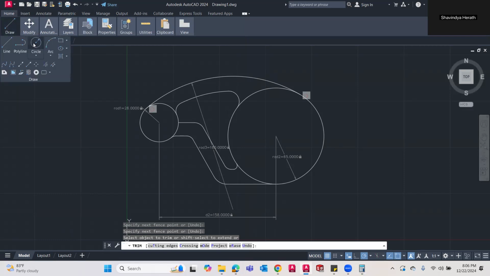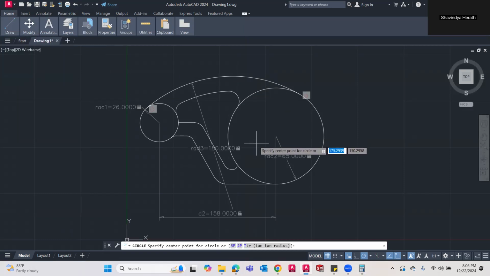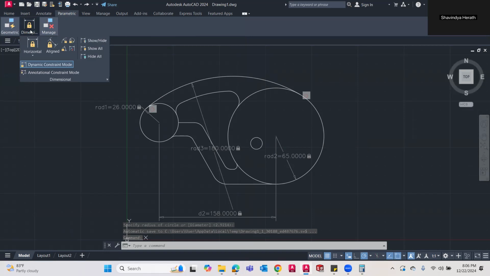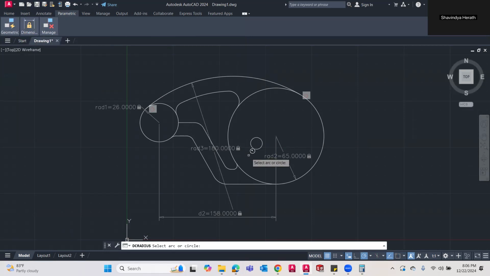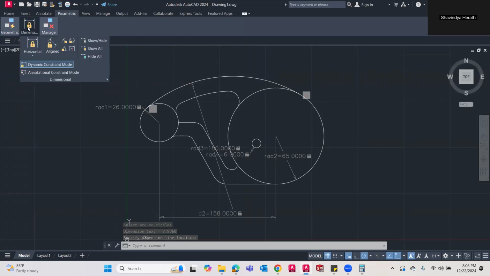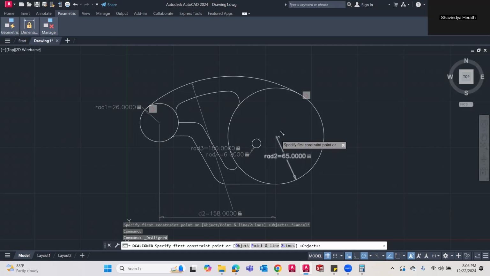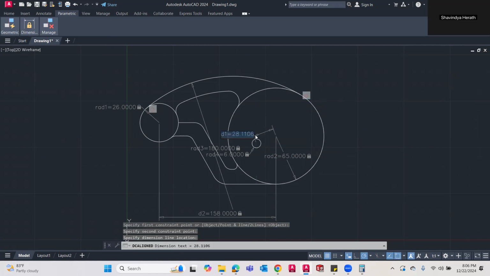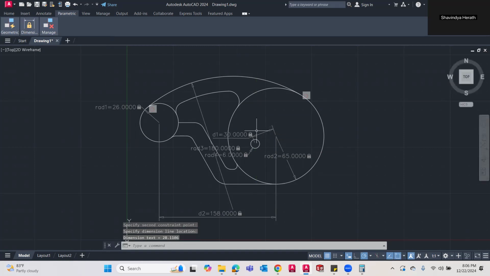So let me draw a circle. In the Home tab, go to Circle command and let me draw some circles somewhere here. And parametric drawing, parametric dimension. In there, you can see this is 6. We are going to put radius 6, right? And the gap between, I'm using aligned gap, just aligned gap from this center to this center is, I know it is 30. Right, now I'm going to apply the polar array.